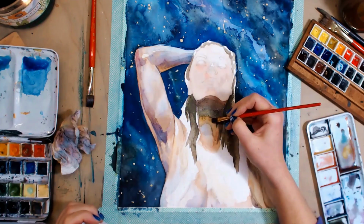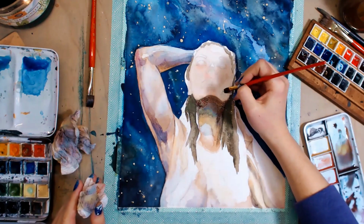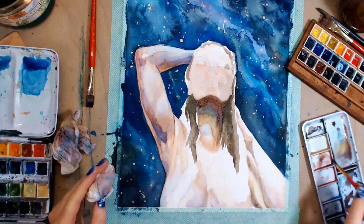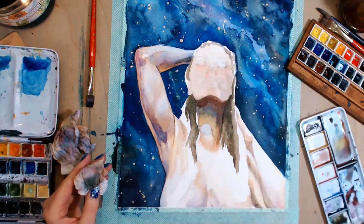I know that sounds kind of silly, but that's just how it felt. So yeah, just really building up colors right now. The face was definitely the hardest part. So obviously there are errors in this painting, both anatomically and all of that, but overall I'm pretty happy with